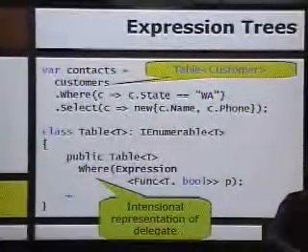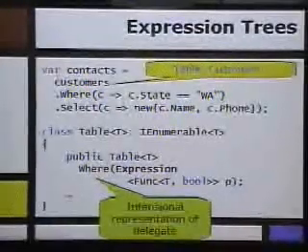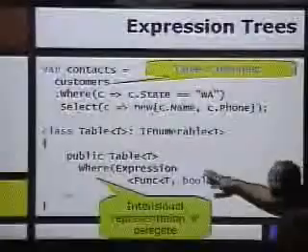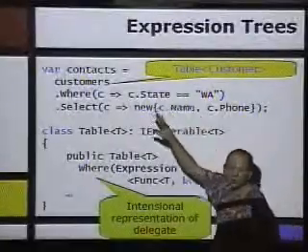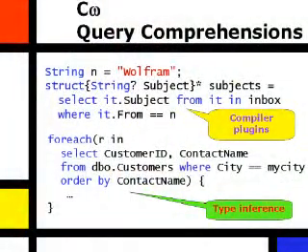Intentional representation, does it mean you have a complete object model for expressions and everything? Yes. Expressions capture everything that's in the IL. What you get is the fully resolved parse tree, or it's not a parse tree anymore, it's the semantic tree from the compiler. So all overloading has been done, all method calls have been resolved, and that's what you get. So it's a full object model. That's a beautiful thing.